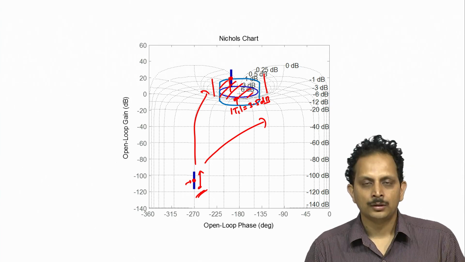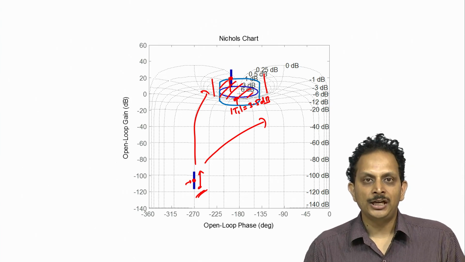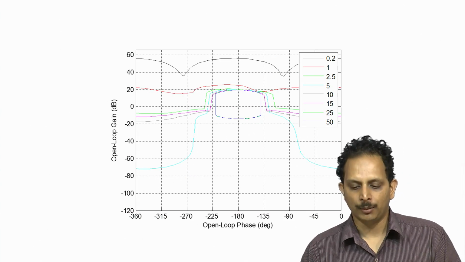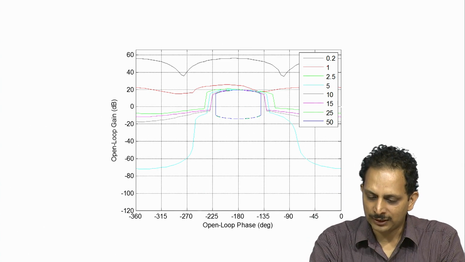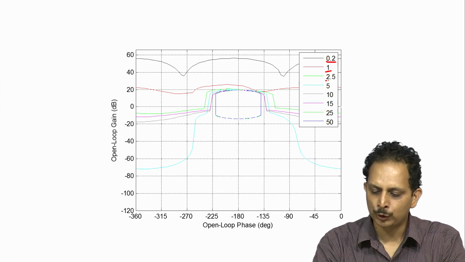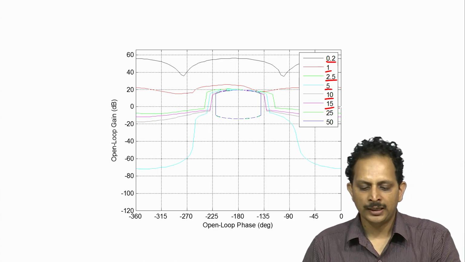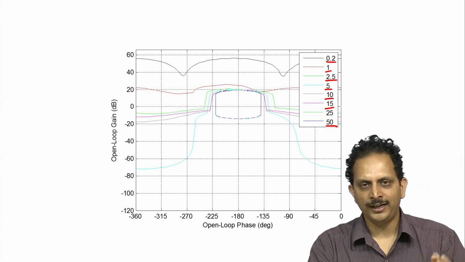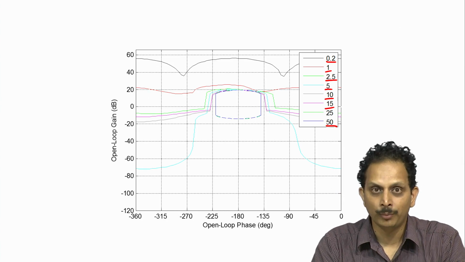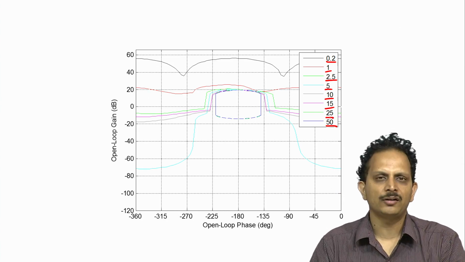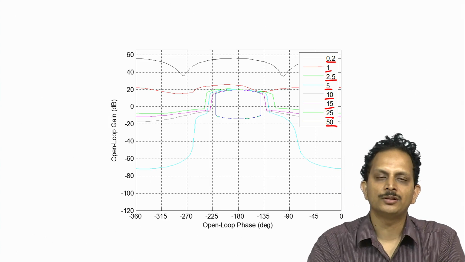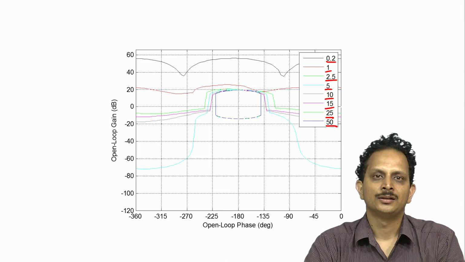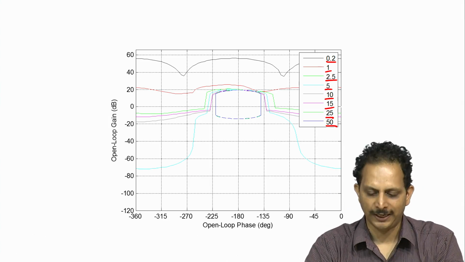So having computed the stability bound alone at 50 radian per second, I have included that along with the other bounds that we had computed. So we have computed bounds at 0.2 radian per second, 1 radian per second, 2.5, 5, 10 and 15. In addition to 15, I have computed it at 2 other frequencies: at 50 radian per second, which is what I discussed just a few minutes back, and also at another intermediate frequency which is once again higher than the frequency at which we are expecting performance. In this case I have chosen to compute the performance bound at 25 radians per second.